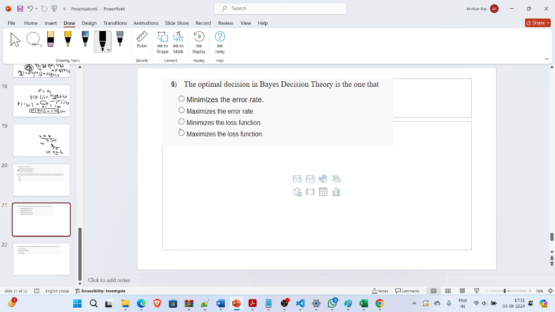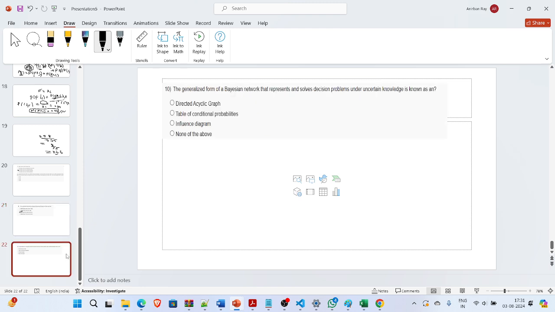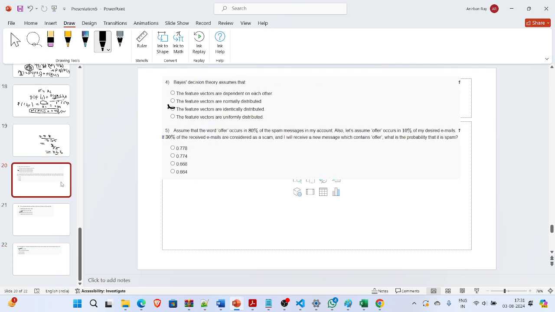Next is also very simple, it minimizes the loss function. This is a directed acyclic Bayesian network. So we can now focus on this problem. Okay. So let's continue. So in this question, what we have here is that